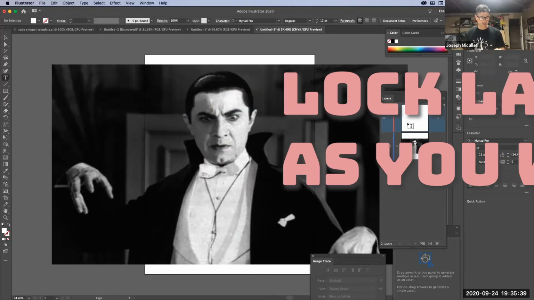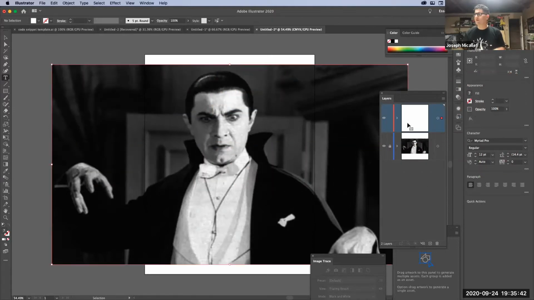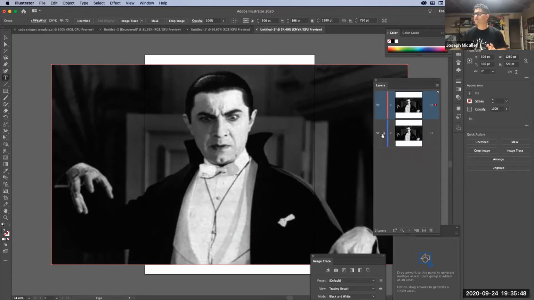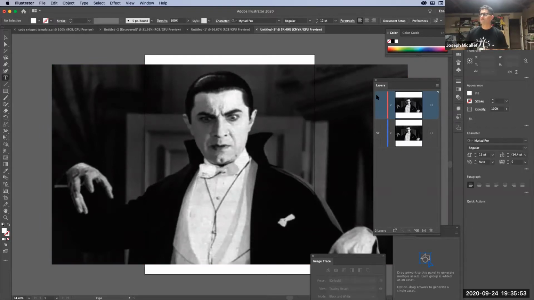or you can hit Command or Control F. And Command Control F is paste in front, so I use that a lot. So now I got two versions. So I got a backup version basically. If I want to do different things with the backup version, for example, what you can do is